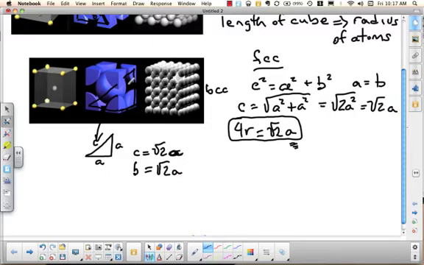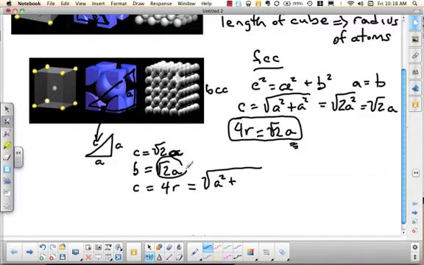So, new triangle. The up side is A, that's the length of the unit cell, and B is the square root of 2A, and C is again going to be, if I look at this body diagonal up here in this picture, 4R again. That's twice the radius of the one in the middle plus the radius of the corner atom. So C is still equal to 4R, which is equal to the square root of A squared plus B squared,